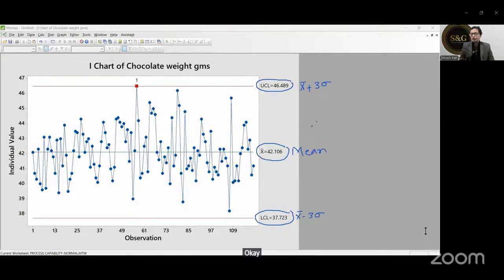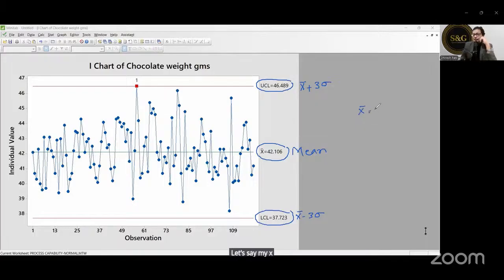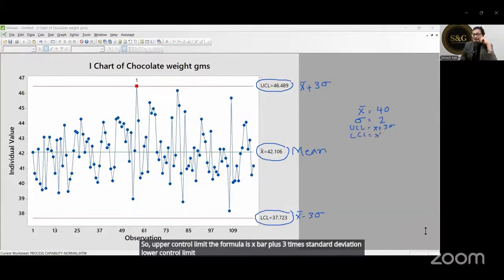For example, you can also simply calculate this. Let me give you this exercise. Let's say my X bar is 40, and my sigma is 2. Find out my upper control limit and my lower control limit. So upper control limit, the formula is X bar plus 3 times standard deviation. Lower control limit, the formula is X bar